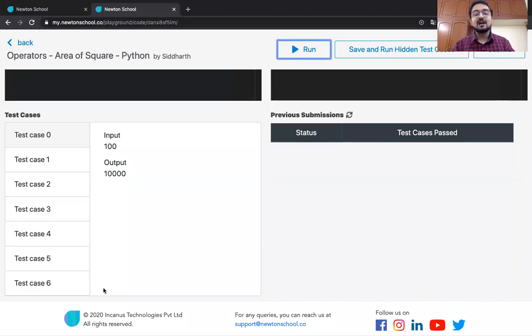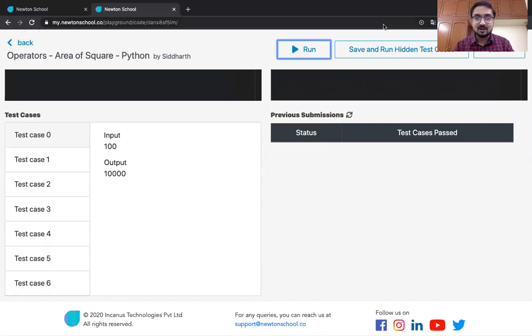A lot of the time, there are a lot of edge cases which we need to take care of. For example, very large numbers, or a particular case, for example, let's say I ask you to write a function that divides two numbers, and on the other side I give you a 0 as the denominator, so your program will give an error. You need to consider that case also, and take care of that. So that is why different cases are provided to you from early on, so that you can run your program against them.